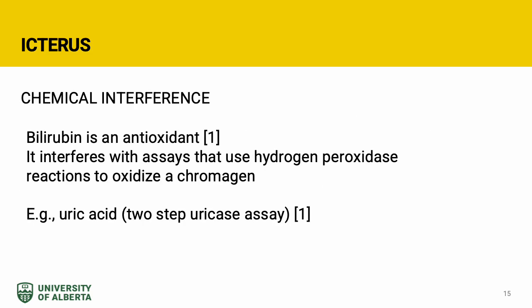Bilirubin may also cause chemical interference. Bilirubin is an antioxidant and is known to interfere in assays that use hydrogen peroxide to catalyze the oxidation of a colorless chromogen to a colored form. Bilirubin destroys part of the reactive intermediate formed in the peroxidase reaction, and thus decreases the amount of colored product